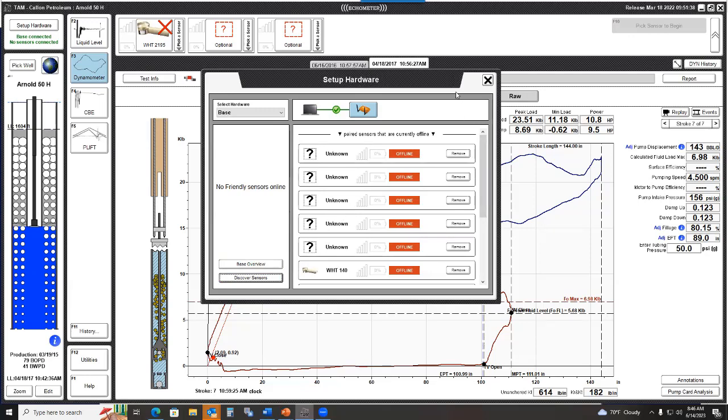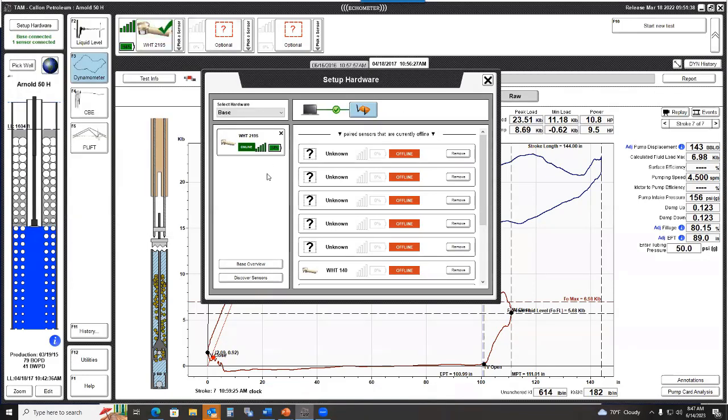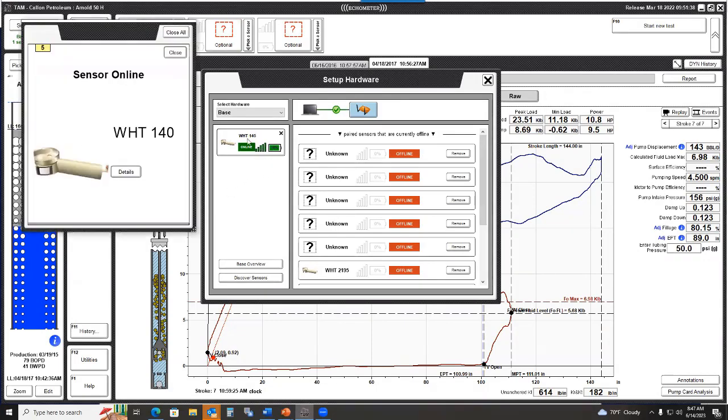Now, one second. All right. My sensor decided to turn off on me. So now that we have the sensor paired, and it is a friendly,